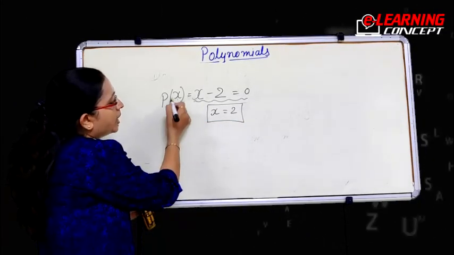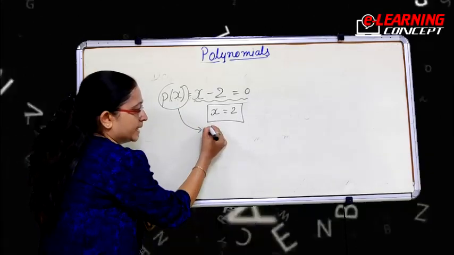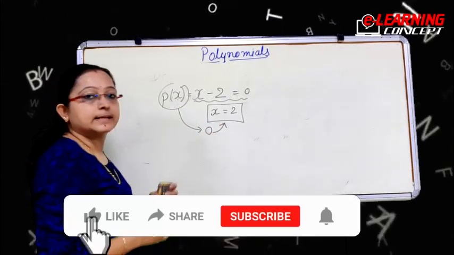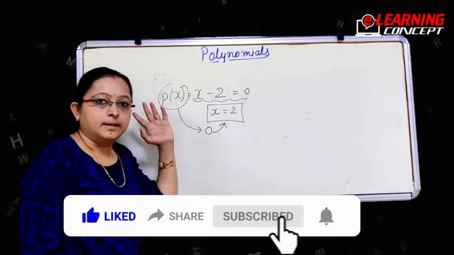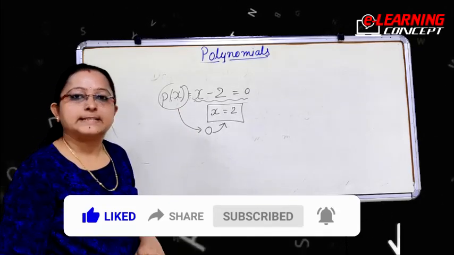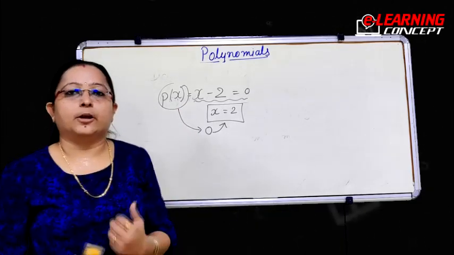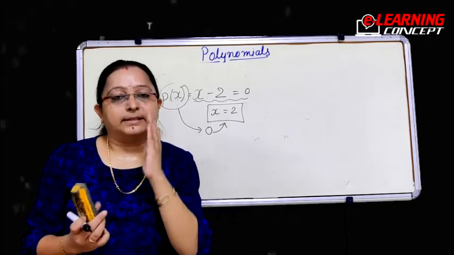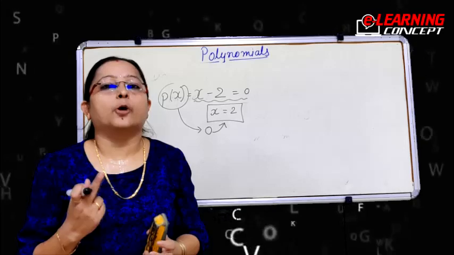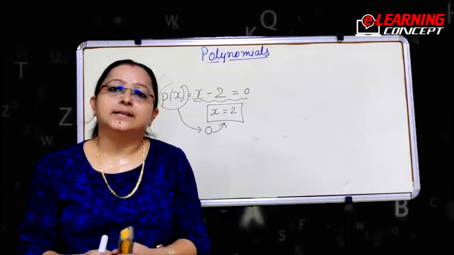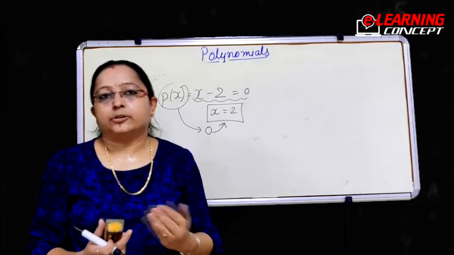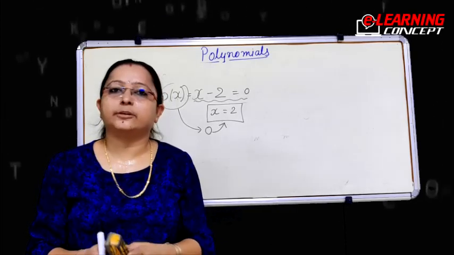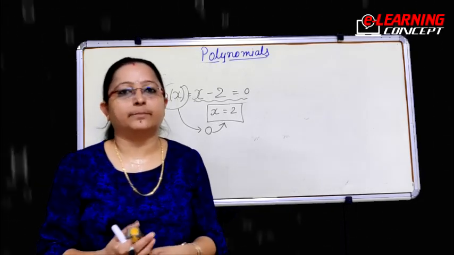So here this polynomial p of x is becoming 0 for the value of x is equal to 2. Therefore 2 is 0 of the polynomial. So from this we can come to know the definition of 0 of polynomial. What is 0 of the polynomial? When the value of the variable makes the polynomial 0, those values are the 0 of the polynomial. So for linear polynomial you will get 1 zero, for quadratic you will get 2 zeros, and similarly for cubic you will get 3 zeros. Now further we'll study about the polynomials later.